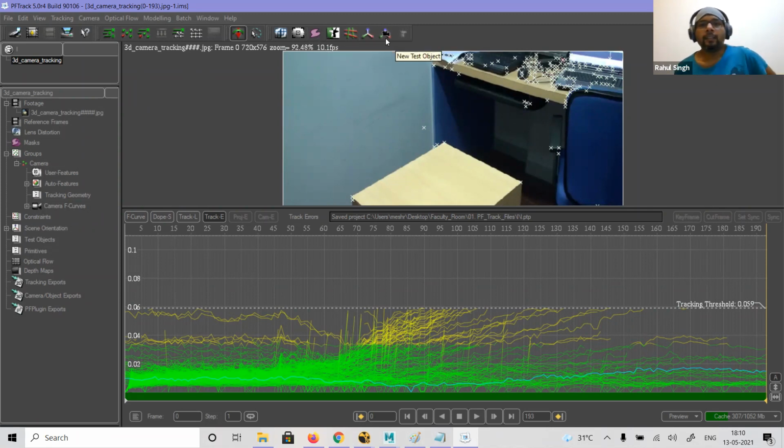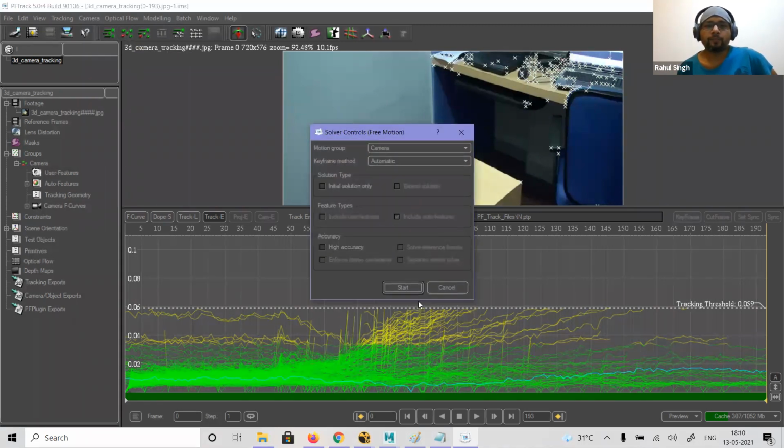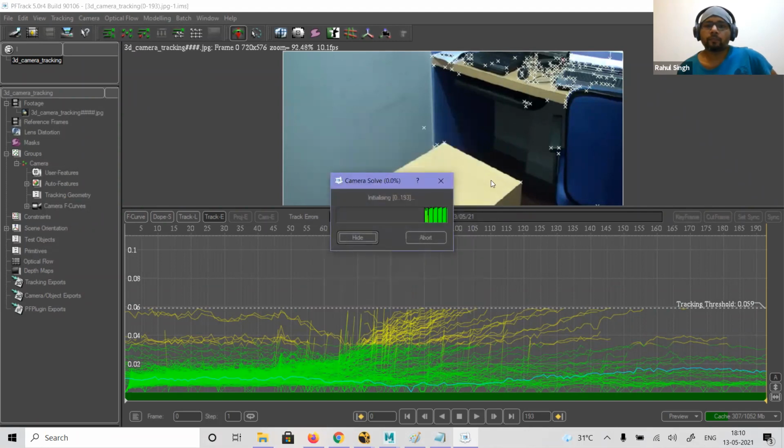These are two options called scene orientation and camera orientation. Scene orientation and camera orientation apply when you solve the camera, like on the basis of automatic tracking. I'm not using any manual tracking currently.